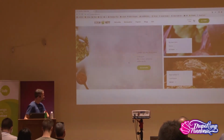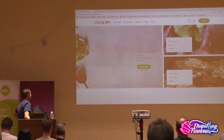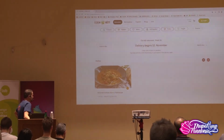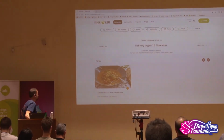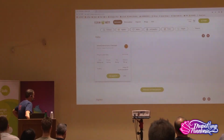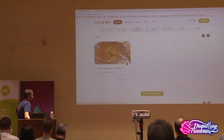So this is not the final front page. It's a staging system. But basically what I want to show here is, and these are demo data, usually you would have three or more recipes on a menu, right? So here, for example, this is the current sales week, delivery begins on 12th of November, and you have four days to order this menu for the upcoming week. In this case, this is the Heilsupacken, not even sure what that exactly means, right? But they have all these packages, like without fish, or healthy, or paleo, or vegan, and stuff like that,